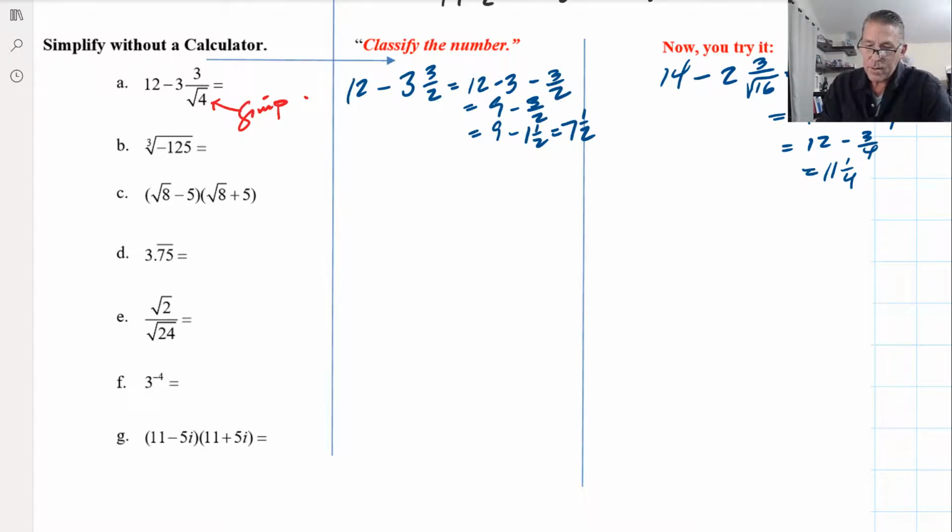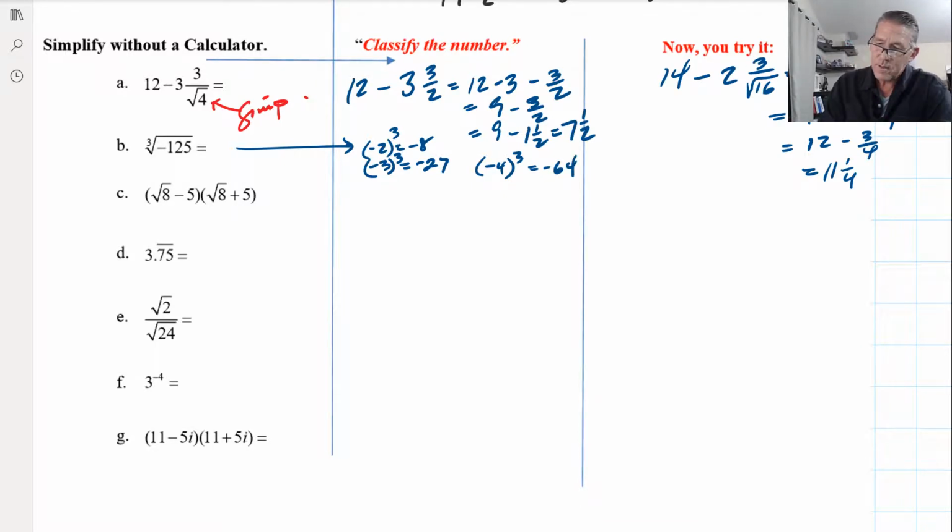Next one. Here we get the cube root of negative 125. Well, I know that negative 2 cubed is negative 8. Negative 3 cubed is negative 3 times negative 3 times negative 3, which is negative 27. I know that negative 4 cubed is negative 4 times negative 4 times negative 4, which is negative 64. And I know that negative 5 cubed is negative 125. So that tells me that the cube root of negative 125 is equal to negative 5, which is an